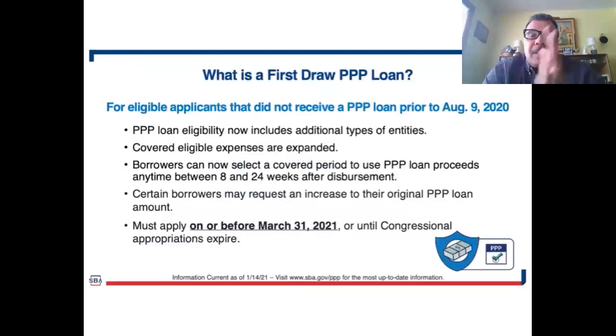Now, eligible applicants for the PPP prior to August 9th. As you know, the PPP was a great success to a point until we got to August 9th and realized that there was still $135 million sitting out there. Oops. They told us that there's some folks that either got disenchanted with the PPP or we were not processing them fast enough. Something happened. We're not sure exactly what happened, but whatever the case may be, we did make some new